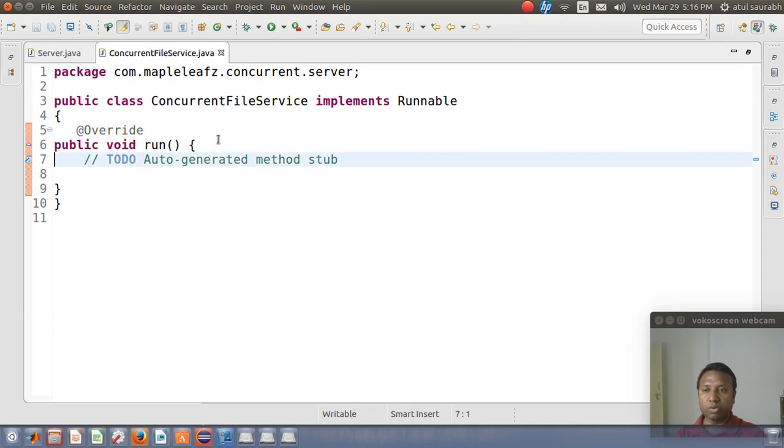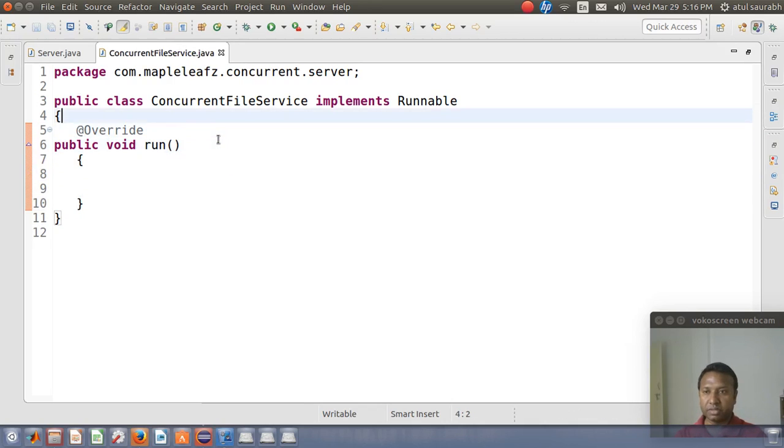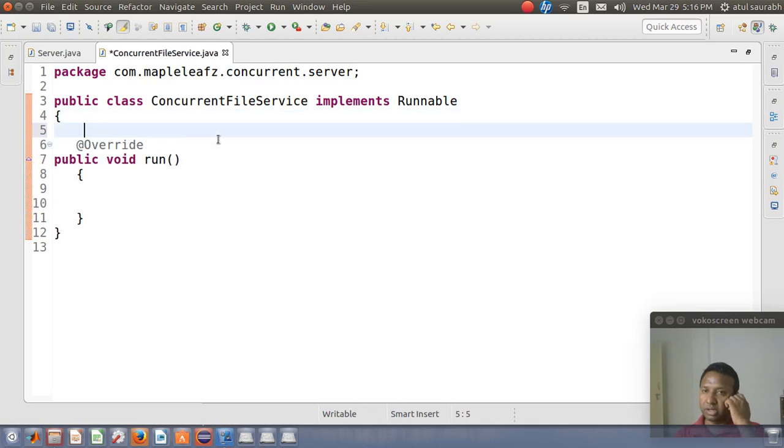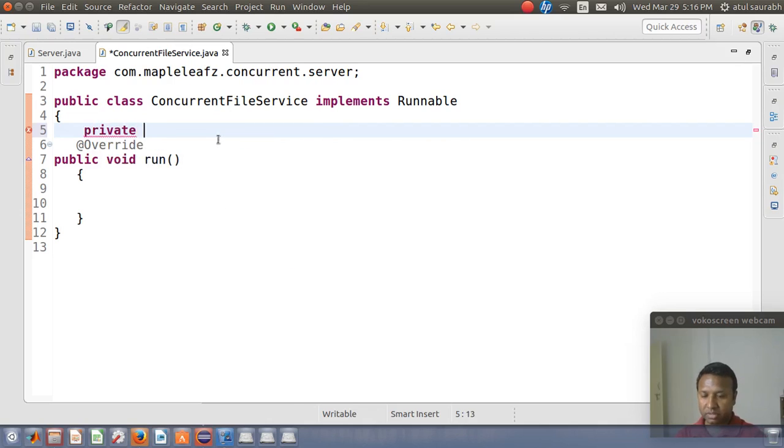Whatever code is written in the run method is the code which we want to run in the thread. Now each thread needs to know which client it is serving. So each thread must have a socket related to the client.